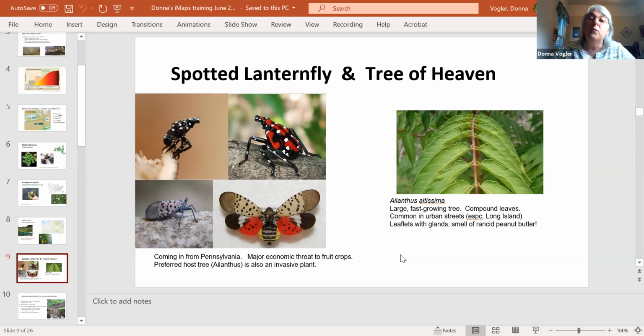And so it's useful to know how to identify Ailanthus so that we can use that to monitor for the spotted lanternfly. If you look at the picture of the Ailanthus, it has a compound leaf, so the leaves are fairly large. I mean, we're talking a good foot, foot and a half long, but they're distinctive because they have a little sort of, and I'll show you another slide, a little sort of gland or piece at the base of each leaflet. And some people say they smell awful. I think it smells a little bit like maybe rancid peanut butter. There's a little peanut butter odor to it, but it's one of those fairly easy to identify trees.